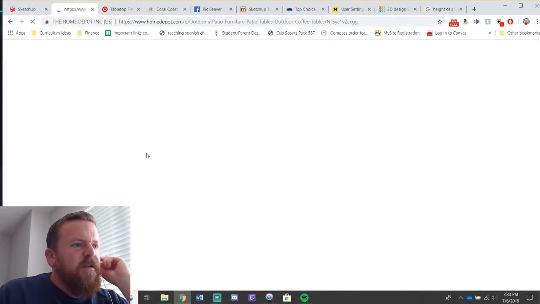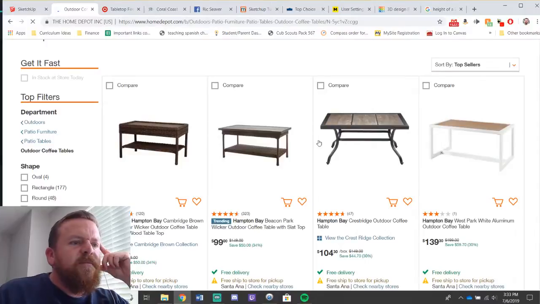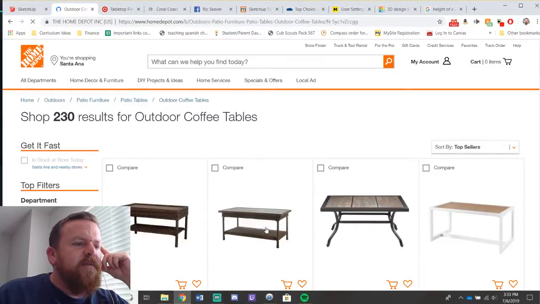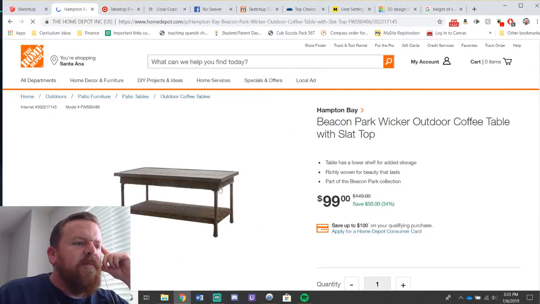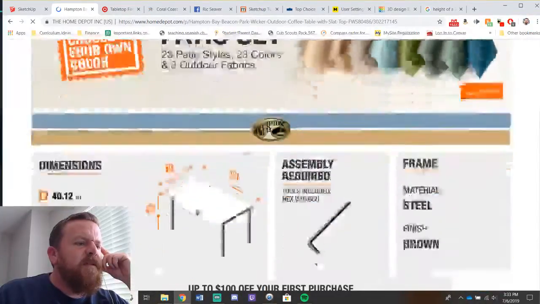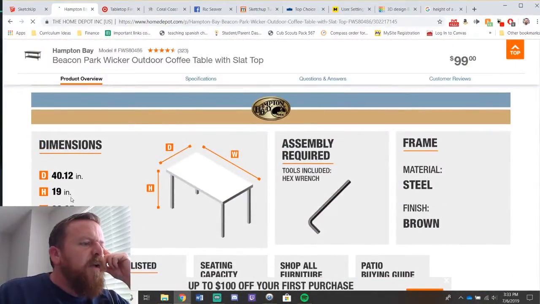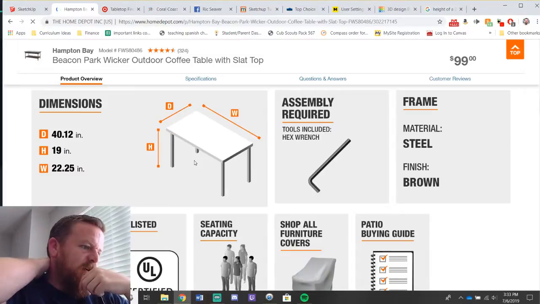Let me just look at one that I like and see how high it is. Okay, like this. Actually, like this. Oh, that's fine. So something like this is how tall? Where are the dimensions? Okay, 19 inches tall. Cool. So 20 is not bad. It'll be slightly taller.